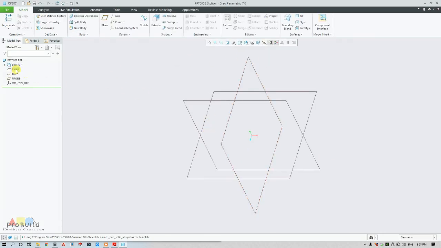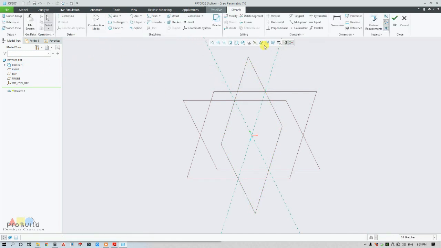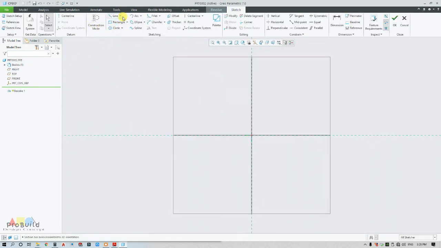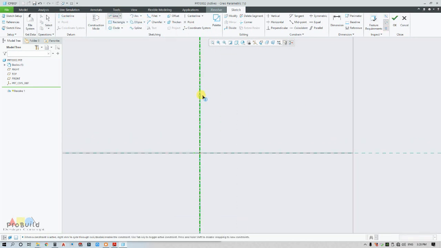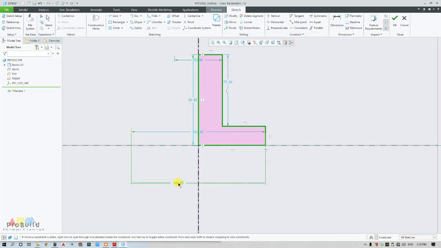Now since I chose the right side view, I need to go with the right side plane, revolve action. Now I'm going to start with a 3D center line and draw half of the profile. So my weak dimensions appeared.